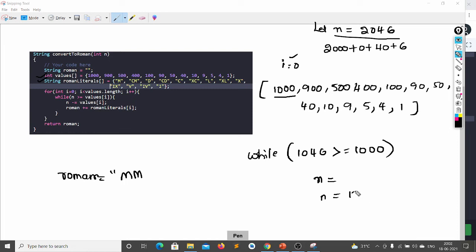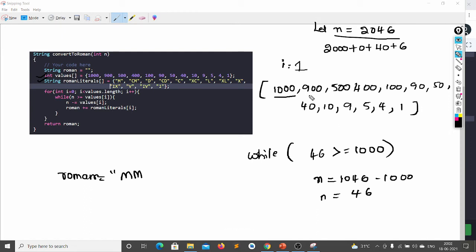What will be my n now? 1046 minus 1000, that is 46 only. So my n will be now just 46. Is my 46 greater than or equal to 1000? No, it is not. So my i will be incremented now.